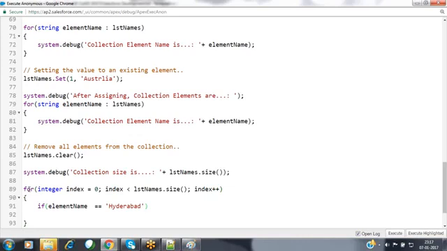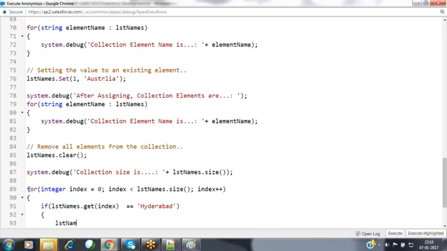Now we have to identify the element at that index, nothing but the element name: lstNames dot get of index value. I'm getting that element. If this value is equal to Hyderabad, then I'm going to remove that element: lstNames dot remove of index. That's it.